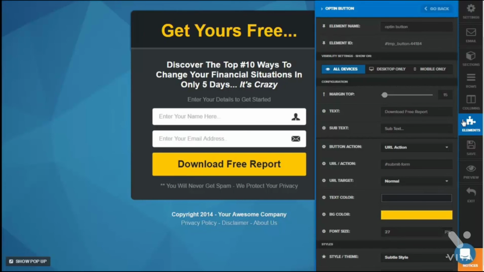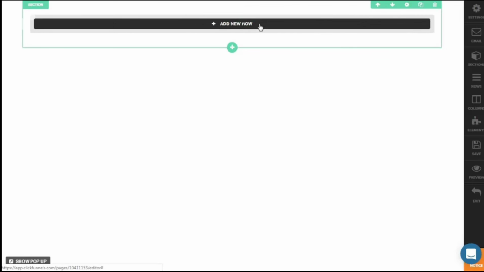Hi there, in this section I'll show you how to create a page from scratch and also add elements into your page. So we start off with a blank page, and the only option there is is to add new sections. So let's go ahead and click on Add New Section, and then you'll be brought into an option to add a new row. Now notice when I hover my mouse it says Section, so let's click on Add New Row,